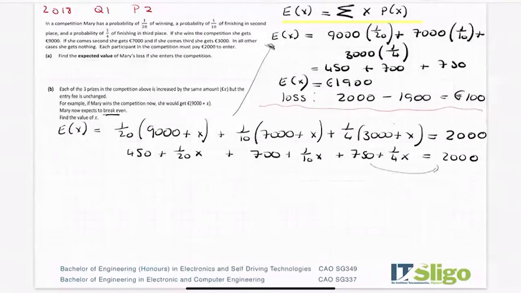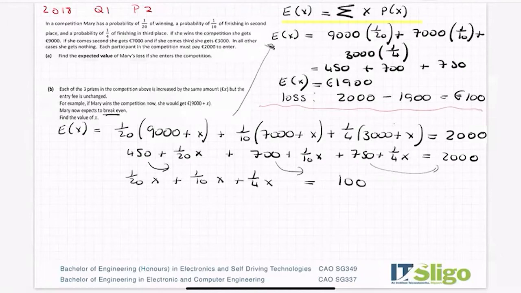Okay, I'm going to bring these amounts all over the other side, and you'll find out that you get 1/20th X plus 1/10 X plus 1/4 X being equal to 100. Okay, because they're going to add up to 1,900, the same they did here. Let's factor out our X so that it only appears once. And onto my calculator, I'm going 1/20 plus 1/10 plus 1/4, and I get 2/5